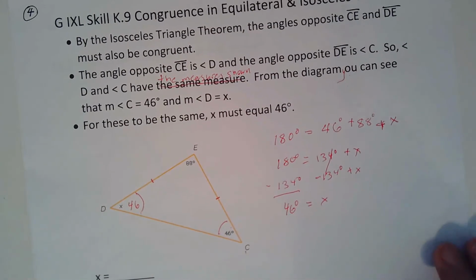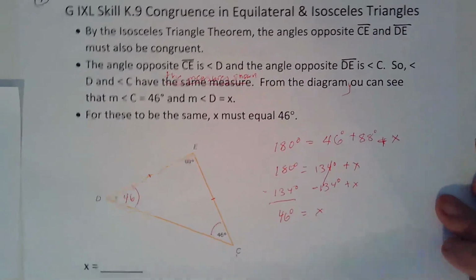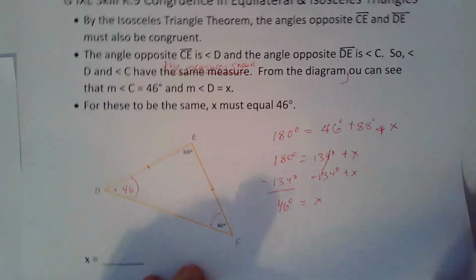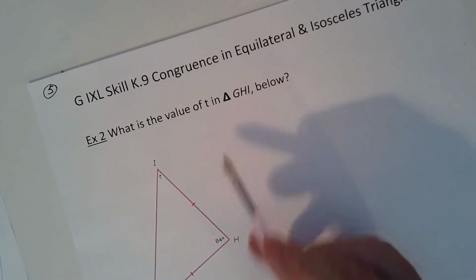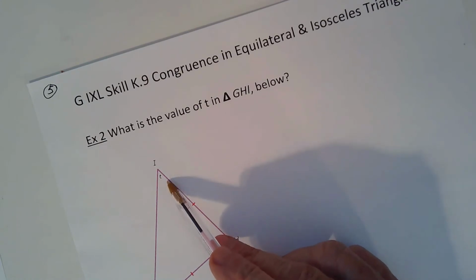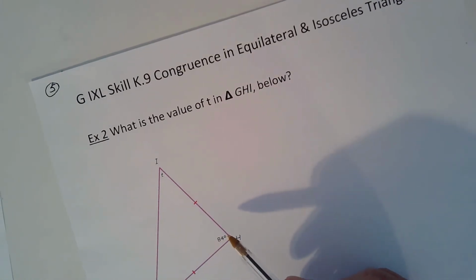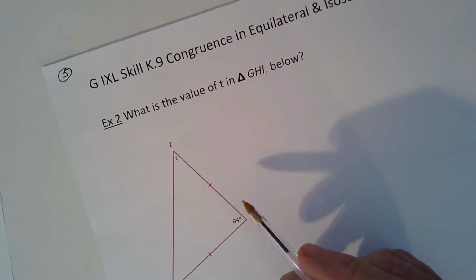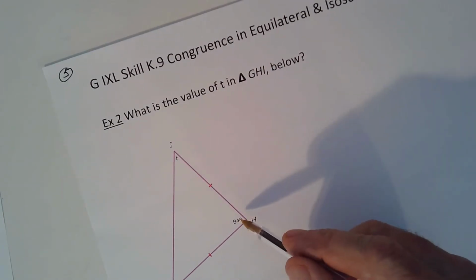All right? So that's how this works. It's pretty simple to do. I've got one more here just to make sure that we know what we're doing. So what is the value of T? T is a variable in triangle GHI below. So again, by the isosceles triangle theorem,